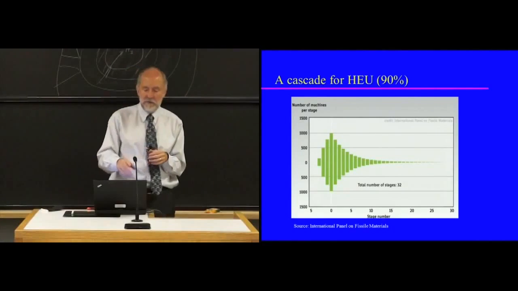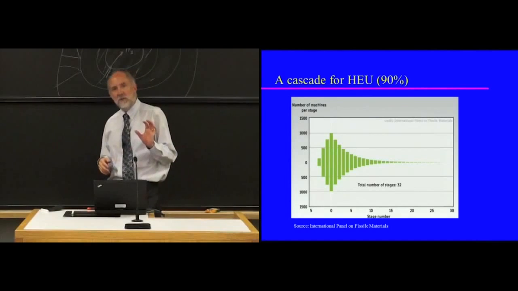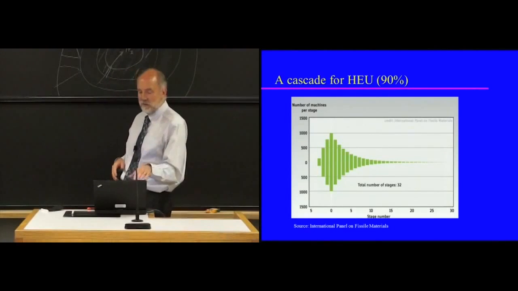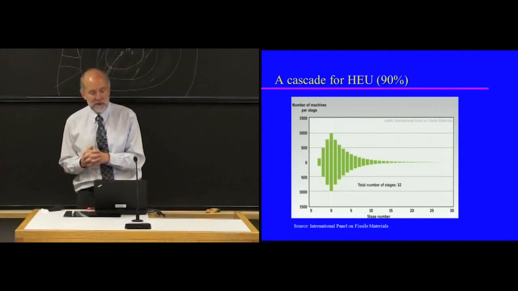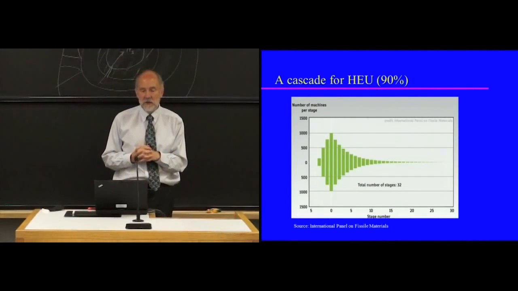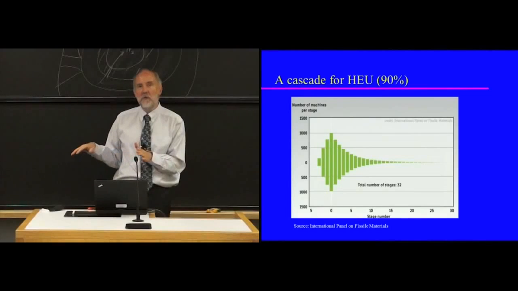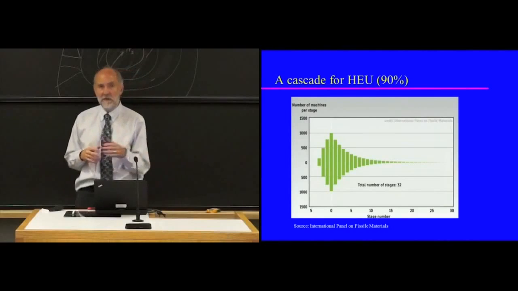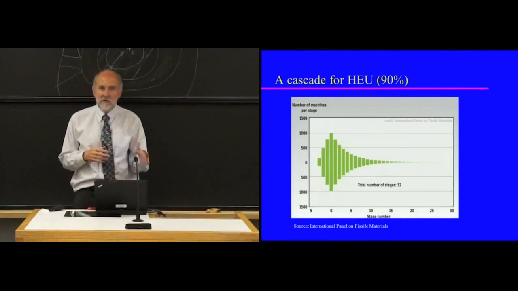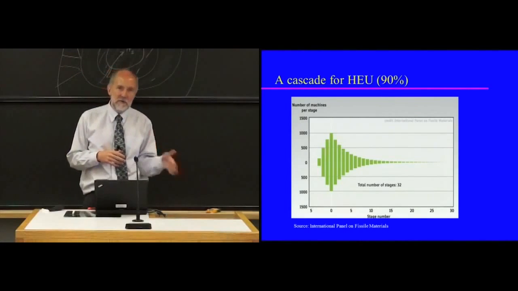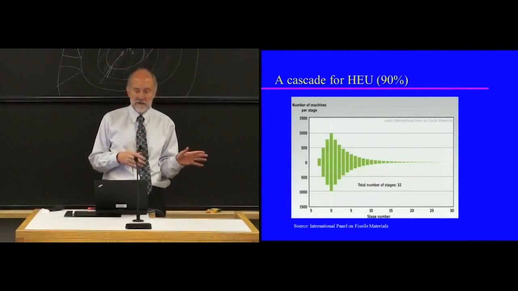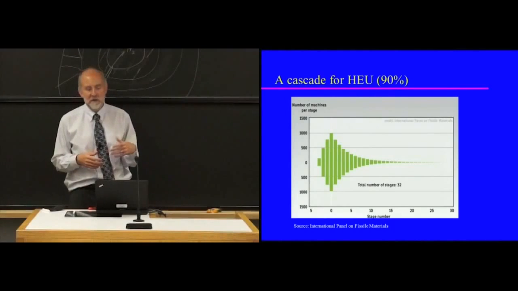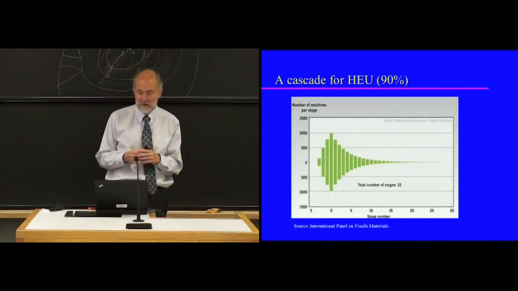So you would put the feed in at the largest of those green bars, and then as you get toward the smaller and smaller number of machines at each stage, you're getting to the more and more enriched material. And then the stuff toward the left of the tallest green bar is where you're stripping out the U-235 from the tails. And then that relatively small green bar at the far left is where the tails would eventually come out of